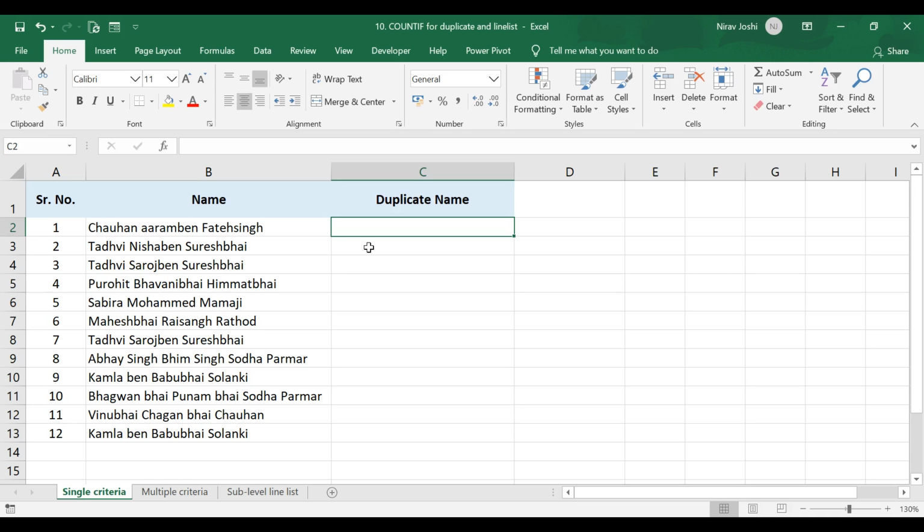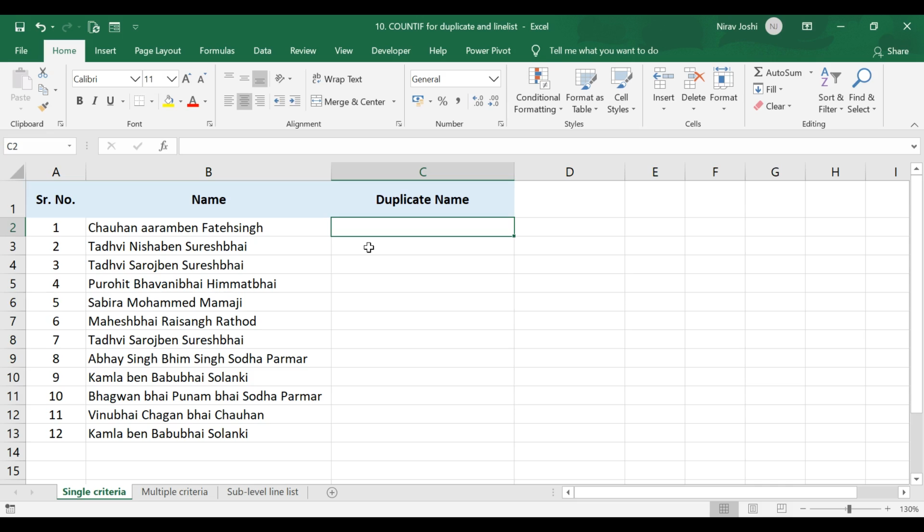Each and every method, that is conditional formatting, various data tools, or formula functions, has some limitations as well as some benefits over the others. So in today's video we will discuss the use of the functions COUNTIF, COUNTIFS and the logic function IF to identify duplicates, and what the benefits and the shortcomings of using those formulas are.